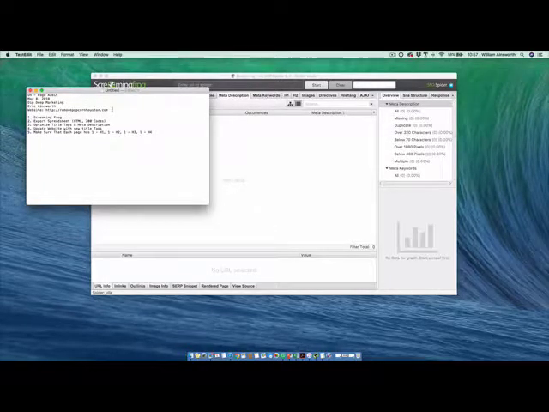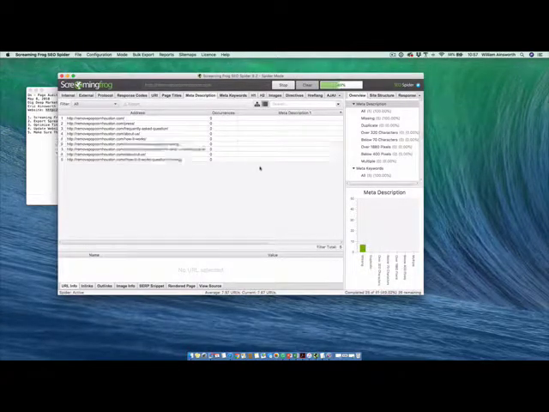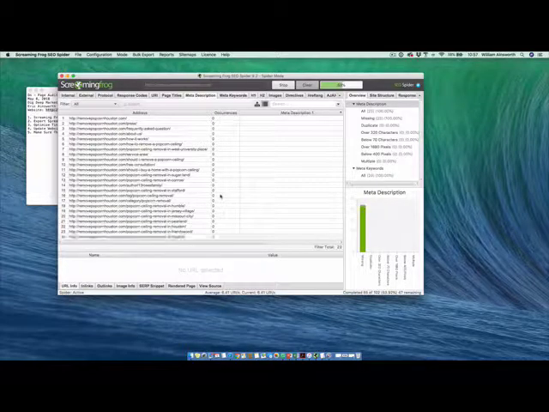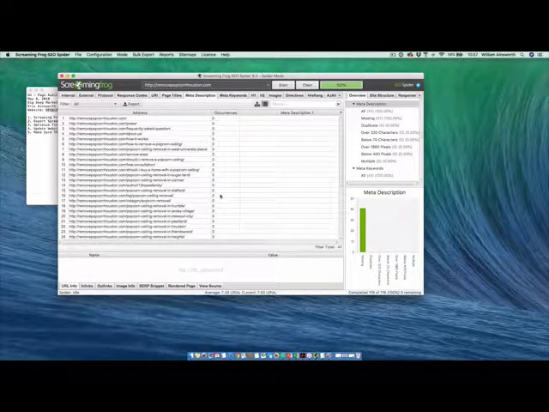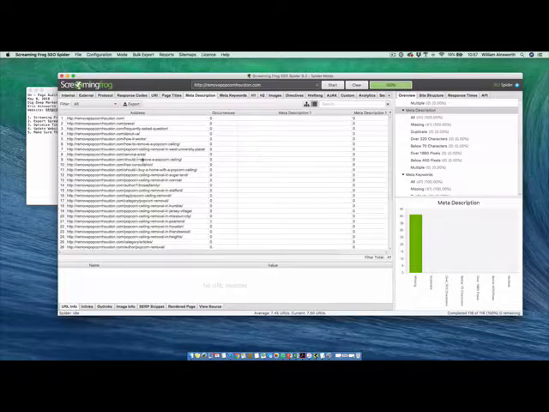So let's get started. What we're going to do is take this website, put it into Screaming Frog, which we have already downloaded, and hit start. This typically takes between 3 to 5 minutes to run, depending on the size of the website. With the free version, it will crawl 500 pages for free. With a paid version, I believe the amount of crawls is unlimited. But this is a very small site, and a lot of times these local sites don't have 500 pages. So what we have here is a list of all of the web pages